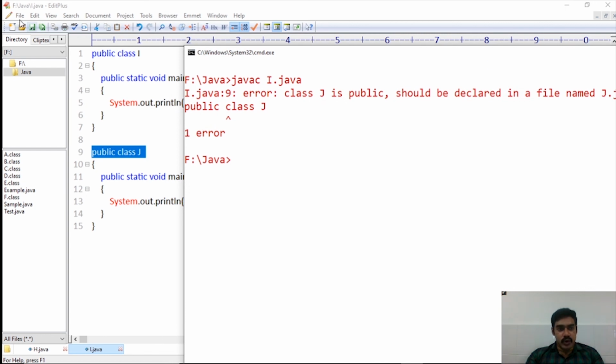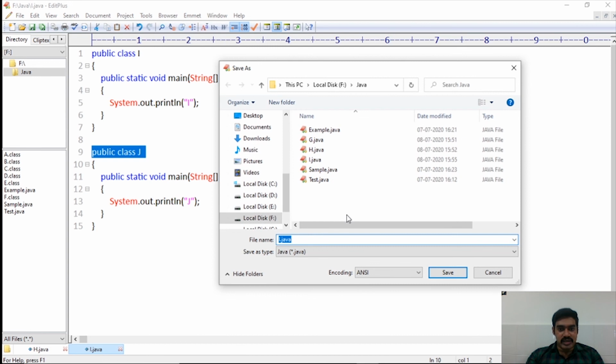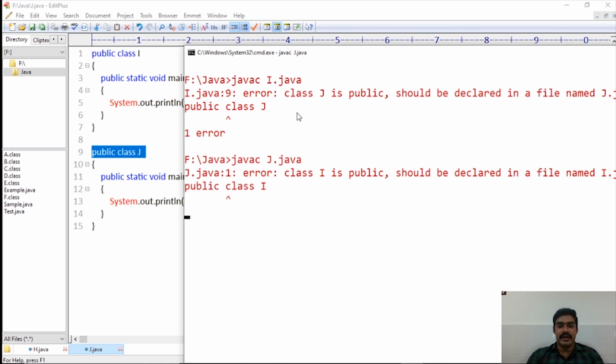Okay, suppose I save this file with j.java, not with i.java. Now coming to my command prompt, javac j.java. Is it successfully compiled? No. Why? Because again the same error. Now class I is also public, it should be declared in a file named i.java.